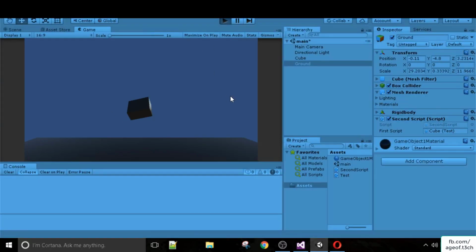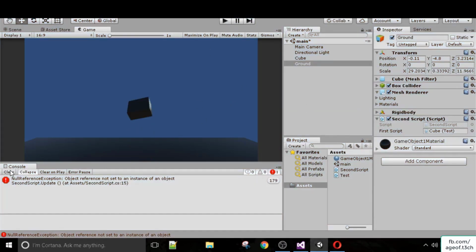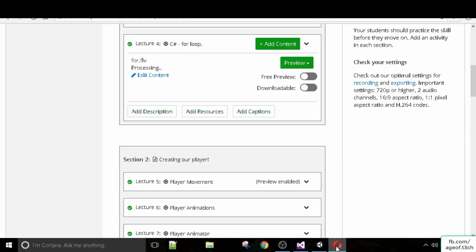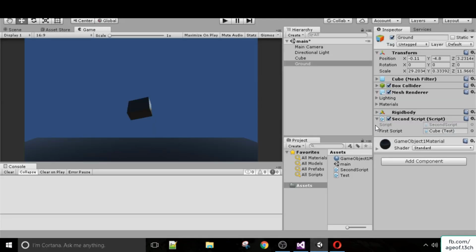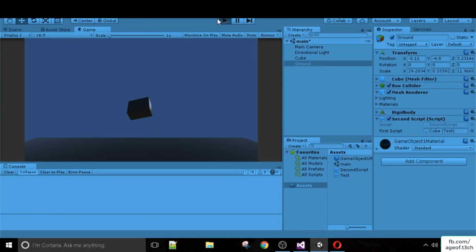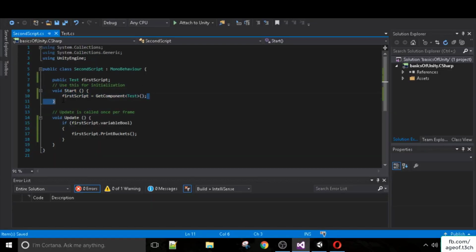Now if I clear, we get a null reference warning. And that is because, let's see, whoa, sorry about that again. Get component test. This doesn't seem to be working properly, but the method I wanted to show you, which definitely works, is we say